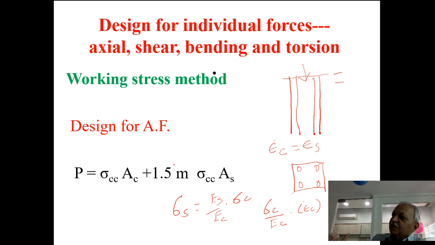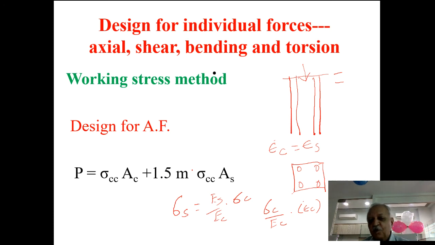Many times we see that in the elastic limit the ratio of the capacity of steel and concrete is much larger than their modular ratio. The E value is only 10 times, but the permissible stresses are 20 times for the different grades of concrete. The result of that is the code has indicated that you take the stress in steel as 1.5 times the modular ratio over here rather than only the modular ratio.